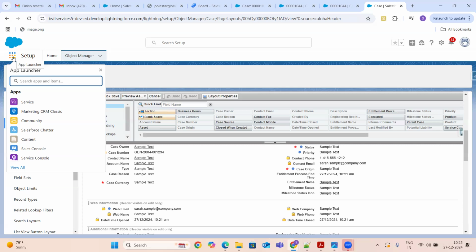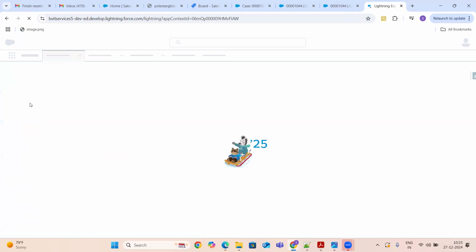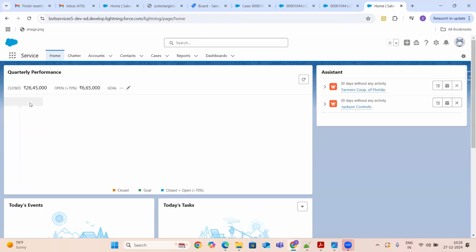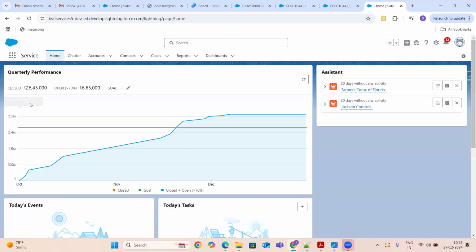Okay, they can build their own application. One application is more than enough, so you will not see many conflicts, even if you use the standard service or sales applications. Okay, so standard sales and service applications are always fine for startups.